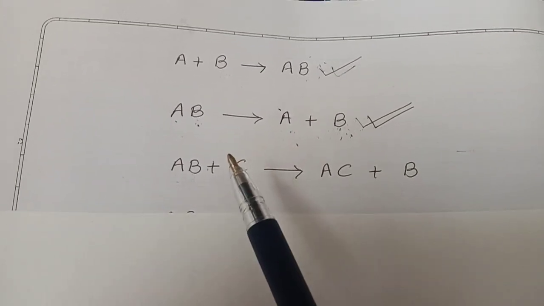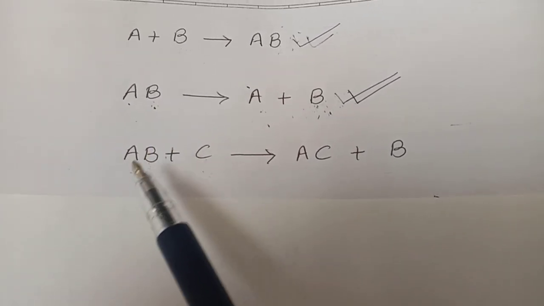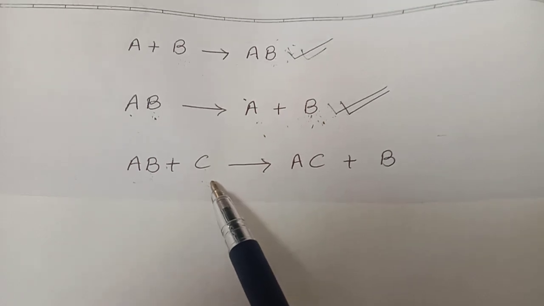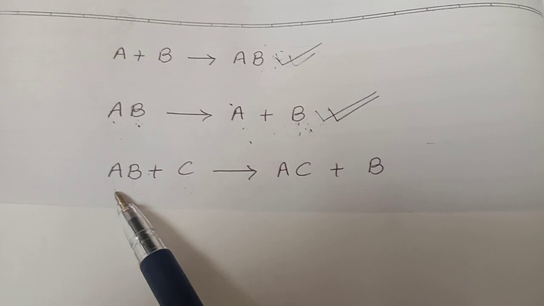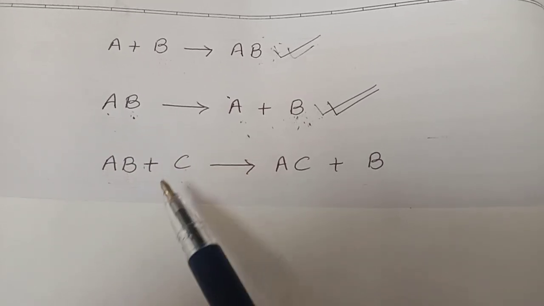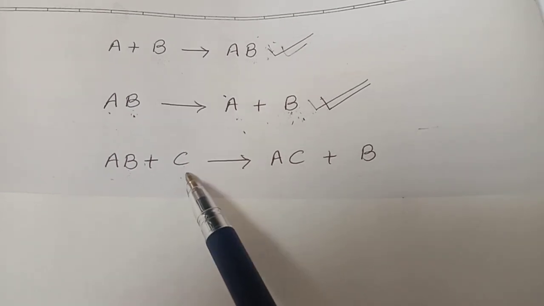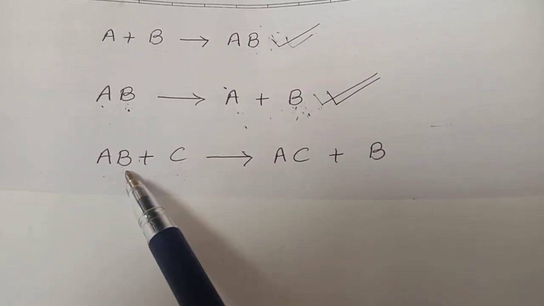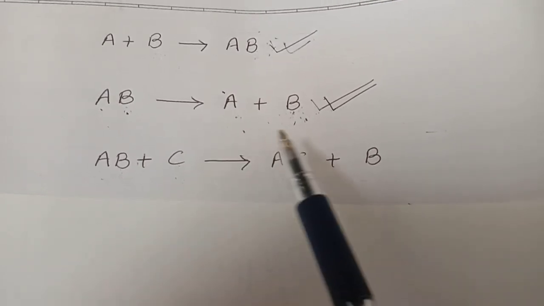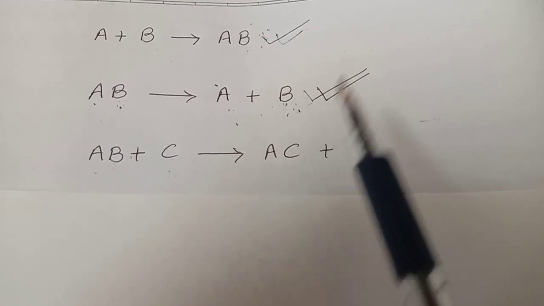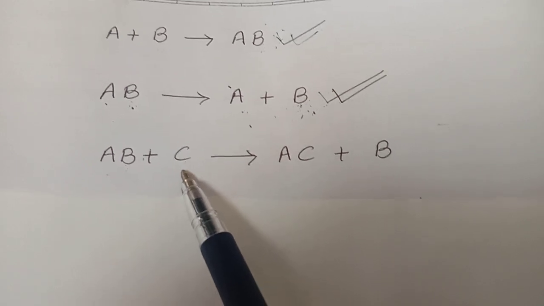So here we have a general equation where we see AB and C as the reactants. AB and C react with each other to form AC and B as products. Can you see the rearrangement of atoms over here, the redistribution of atoms? Here, children, C has replaced or displaced B from AB and taken its place. So we see AC and B separately, B having been removed by C.